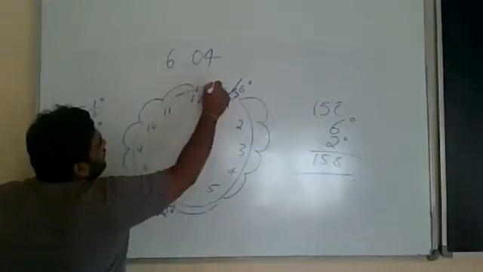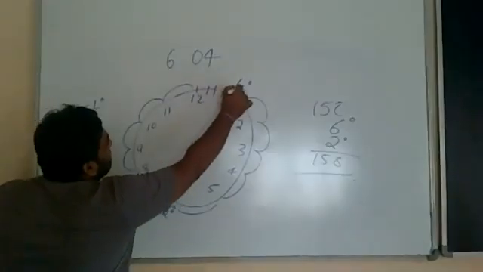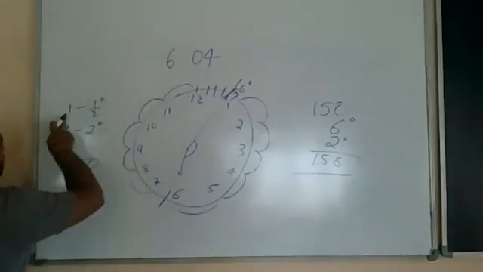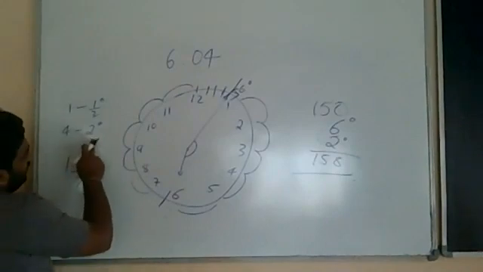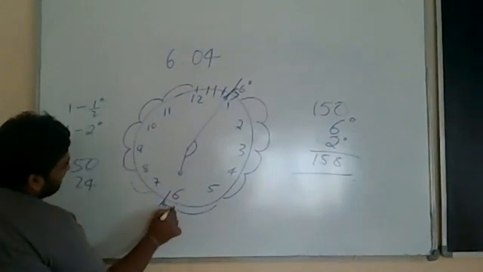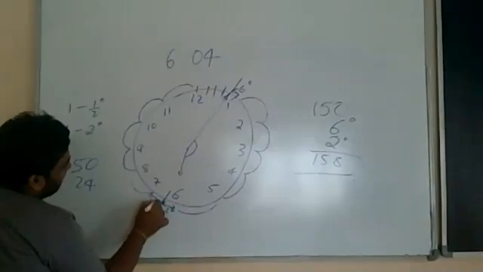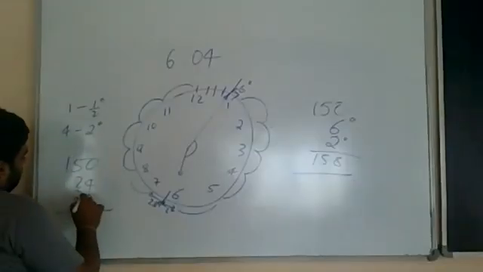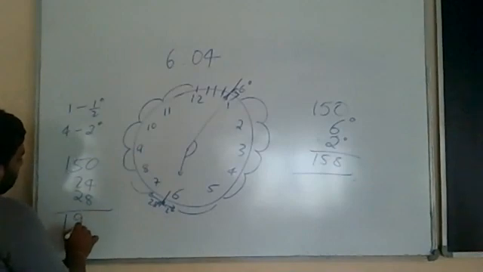Now this is 1 division, 2 divisions, 3 and 4. So that is 6 into 4, 24. The hand has traveled 4 minutes worth. So 1 minute is half a degree, 4 minutes is 2 degrees, which means this distance is 2 degrees. So the remaining is 28 degrees. So 28, how much does it come to? 192.